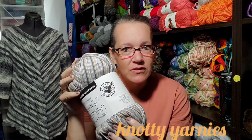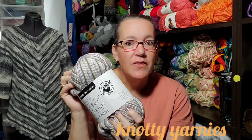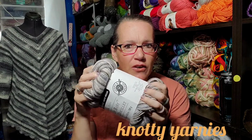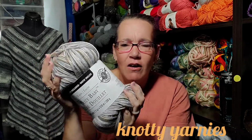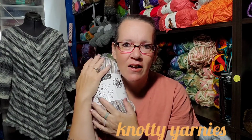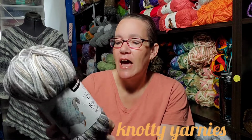This is soft. Well, it's a baby yarn, but I've seen baby yarns that weren't very soft. This is soft, and you could tell the squish on that. Look at the squish factor. Ooh, squishy. Oh, I like it. I'll cuddle with that. That's why I say a sweater, because it has